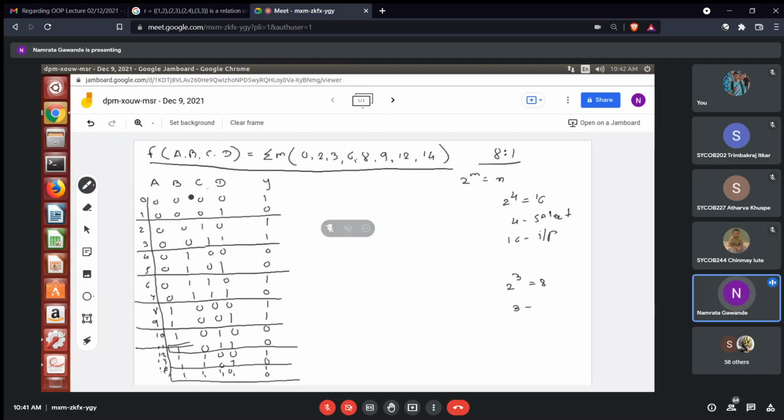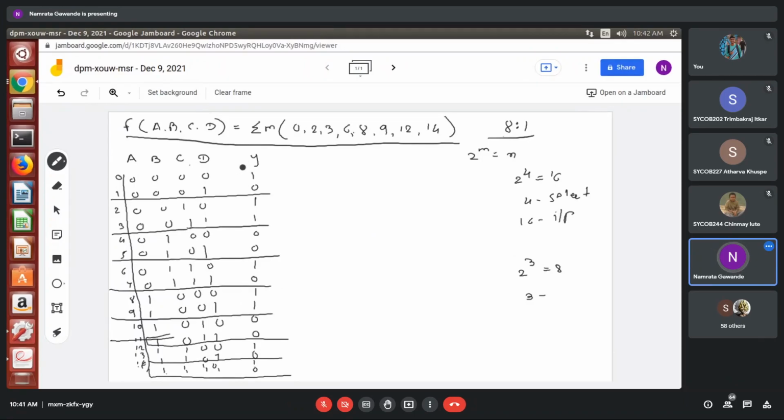So what technique do you have to use? Now you have to check the output. Here you can see A, B, C, A, B, C. In the first 3 columns, the ABC value is 0, 0, 0. But in the last column D, you can see 0, 1. Now you have to just compare this D input value with the Y output. What you can see? 1, 0. It is the reverse of the D input. It is 0, 1 and it is 1, 0. So instead of 1, 0, I will reduce it to D bar.